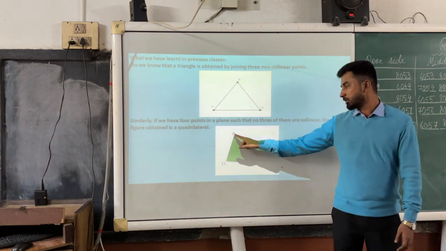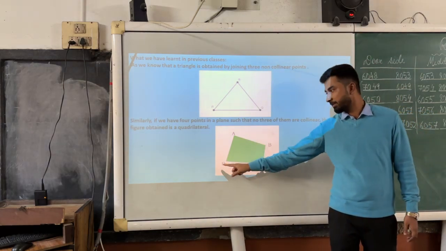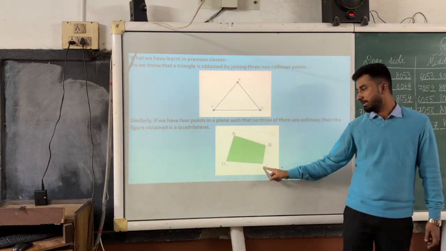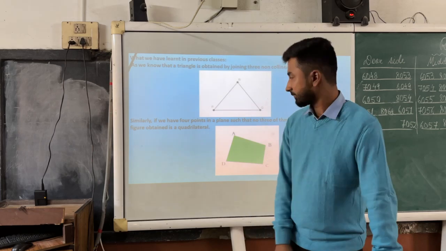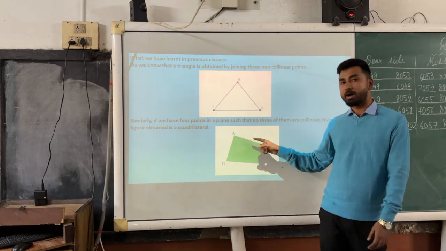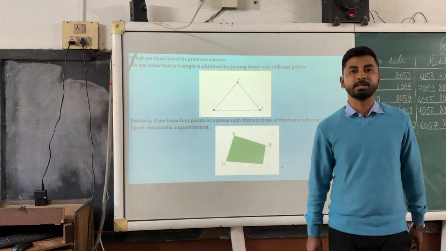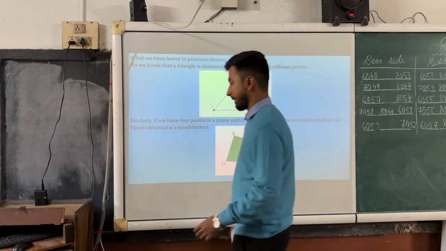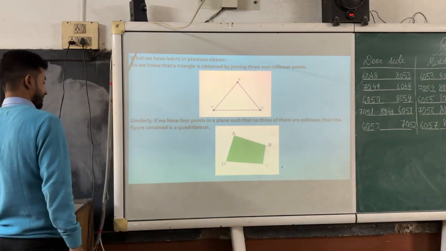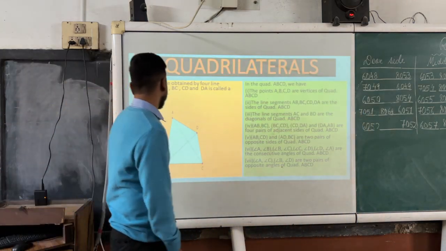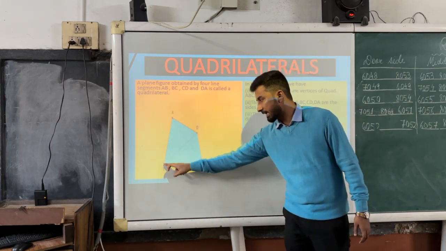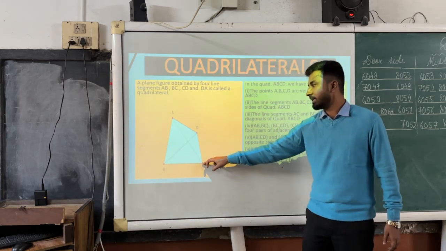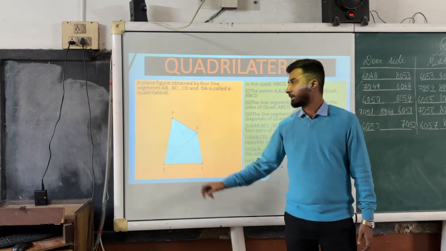So we get a closed figure named A, B, C, D. This type of closed figure is known as a quadrilateral. The name itself says it: quad means 4 and lateral means sides. So a closed figure obtained by 4 line segments, line segments AB, BC, CD and AD, is called a